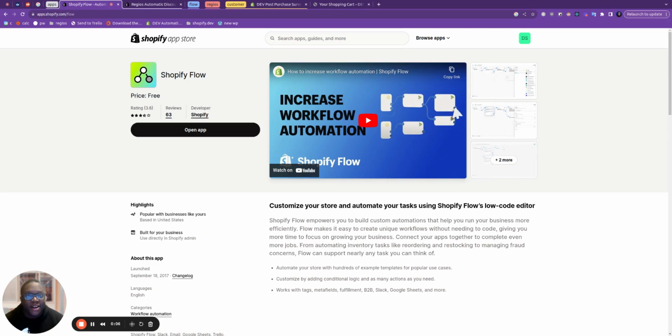Here's how to create an automatic discount that only applies once per customer in Shopify. We're going to use two apps to implement this. The first is called Shopify Flow. It's produced by Shopify and it's free. Shopify Flow will allow us to automatically assign a tag to a customer account depending on which discounts were applied